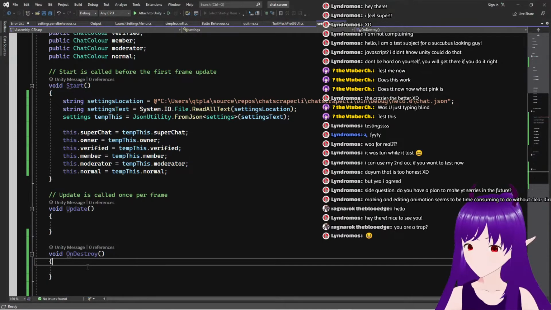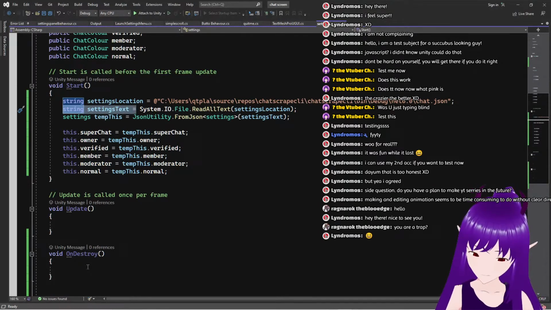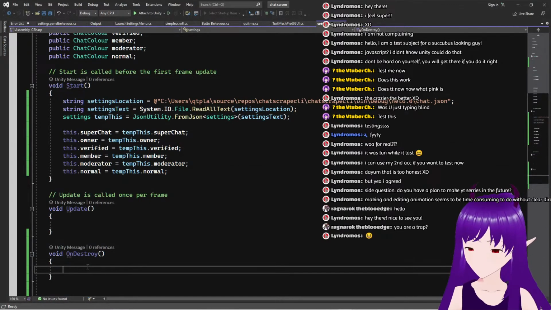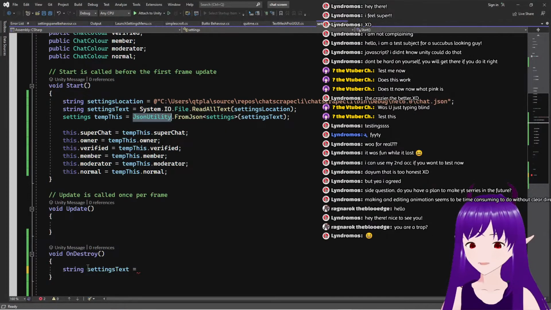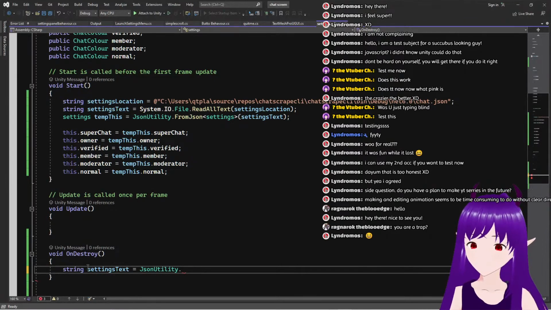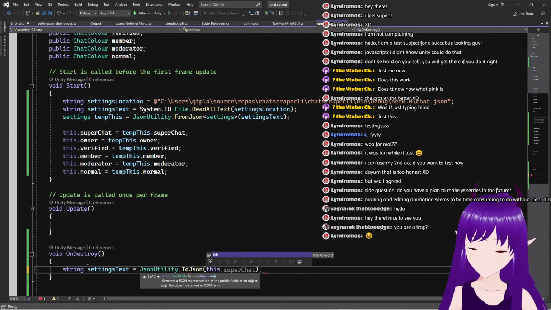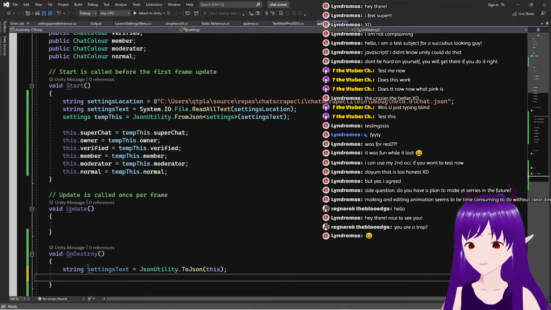So string settings text, and we'll go System utility, JSON utility to JSON, this. And we'll have, I think,